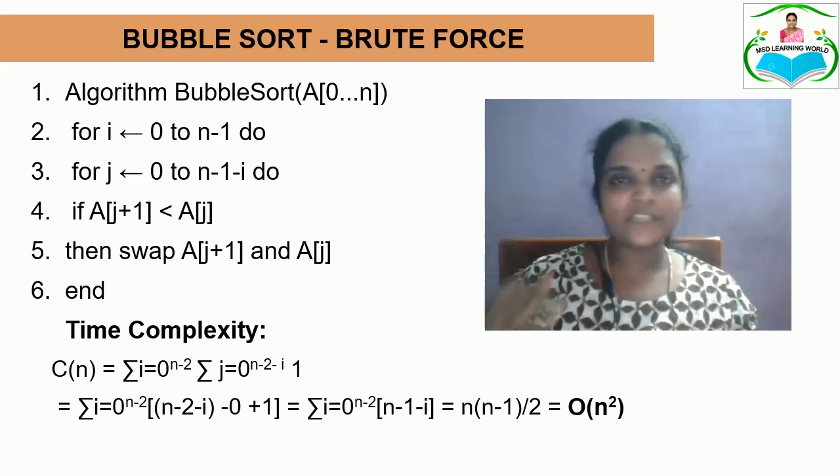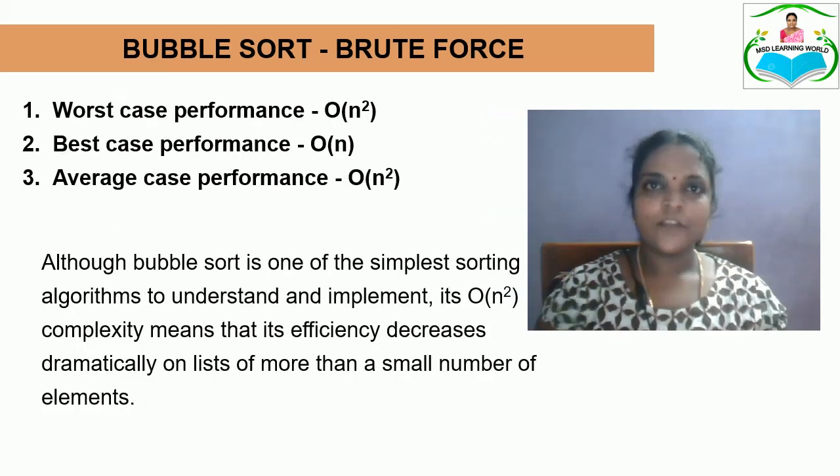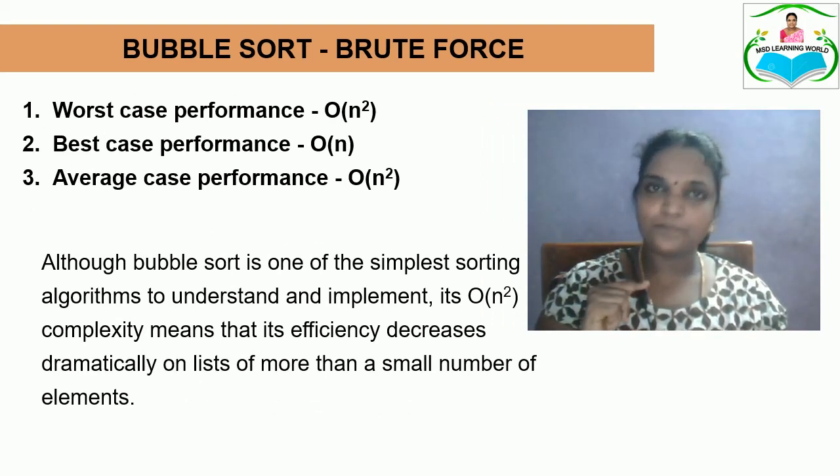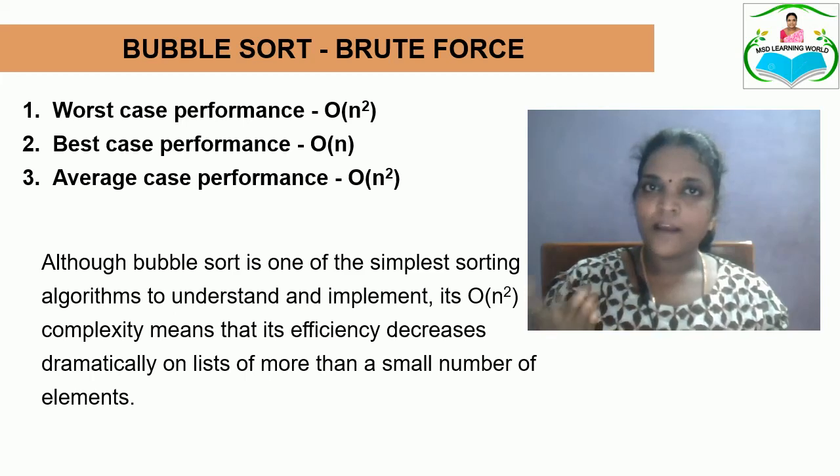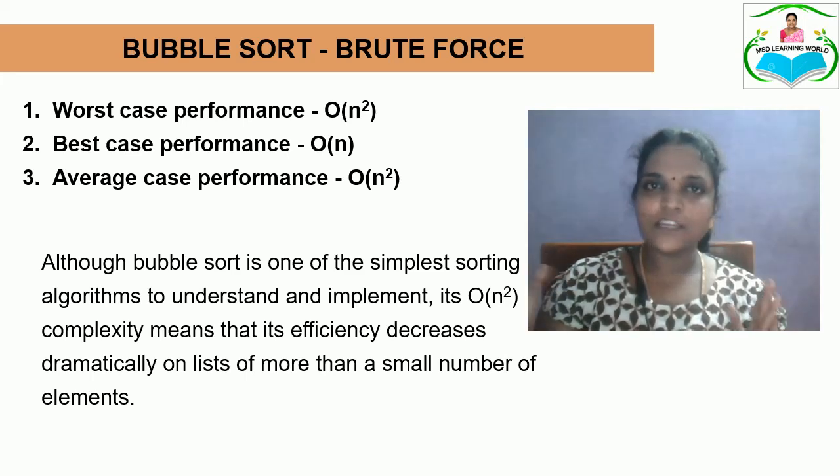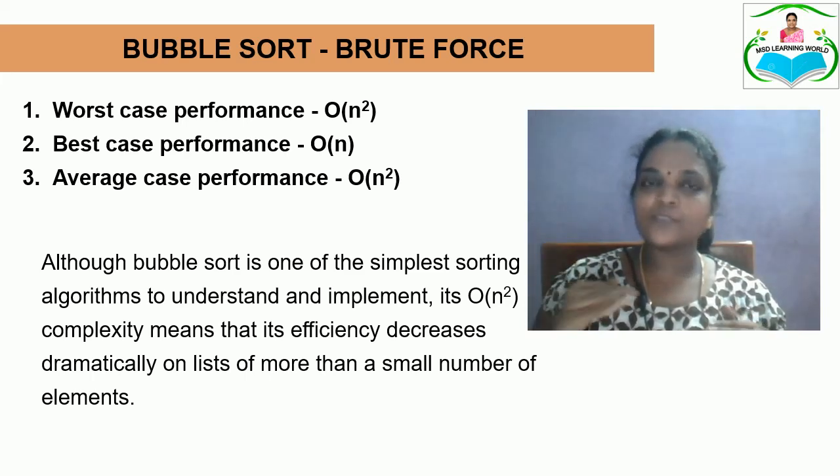By seeing the algorithm, it is very clear that the outer i loop is going to be executed n times, and the inner j loop is going to be executed n times. So the time complexity is order of n square. Now consider the worst case analysis of the bubble sort algorithm by brute force: assuming that you want to perform ascending order of the array elements, but the elements are completely in descending order. No two elements are correctly in ascending order. Then you need to perform swapping in all n iterations. That is the worst case analysis.